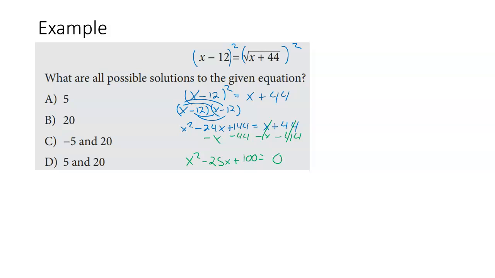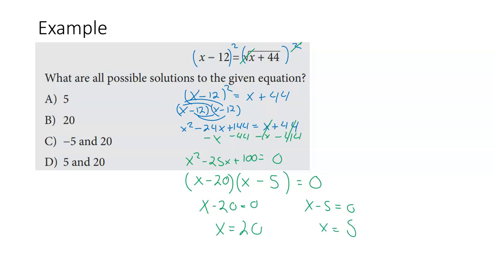To get rid of the radical, I didn't multiply by 2, I raised both sides to the second power. The radical, is that the square root? Yep. So that cancels, and that becomes squared. Find the roots by factoring. The 25. Okay. So what multiplies to give me 100 but adds to give me negative 25? Close. Negative 20, negative 5. So set both equal to 0. x equals